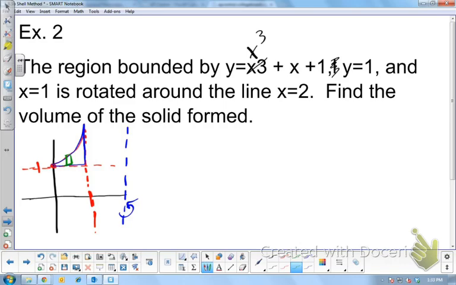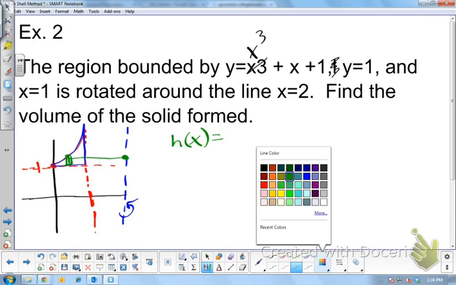So I need to find two things. I need to find the height of this random partition, and I need to find the distance from the axis of revolution to that random partition. The height is a little bit easier, so let's start with the height of the random partition. So what's our height normally of the random partition? It's normally the y value. It's normally the function. But the y value in this case,